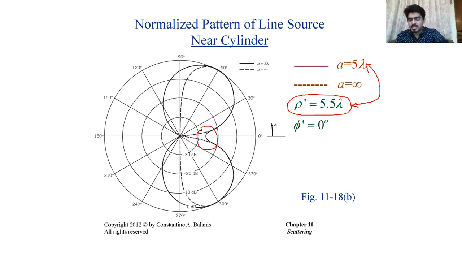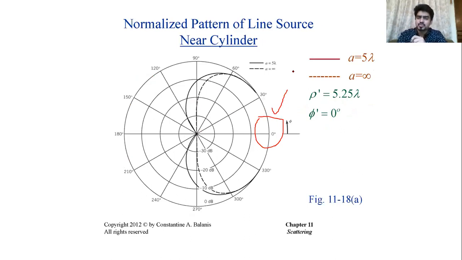Now again, let's go back one slide to this particular case where you have 0.25 lambda distance from the surface of the cylinder. When we have a equals 5 lambda, you see some kind of back radiation on the back side of your cylinder, on the rear side of your cylinder, and that is primarily because